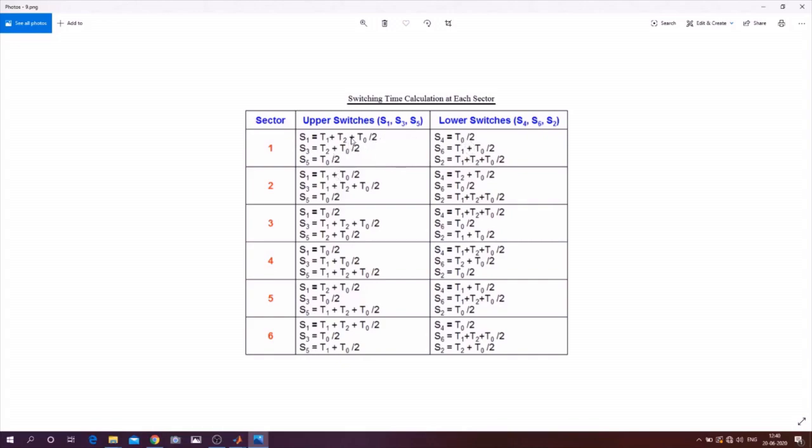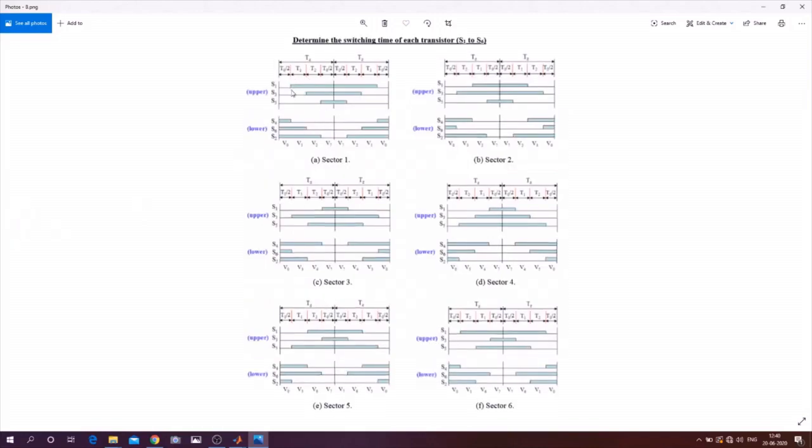I will be making some functions over here that will be used by me later in this simulation. That is T1 plus T2 plus T0 by 2, T2 plus T0 by 2, T0 by 2. So these functions, how we are getting this one, I will be explaining. I have already explained it over here, that you see here this function is what? T1 plus T2, T0 by 2, T0 by 2. So this part of the function, half part of this function, then this one is what? This one is T2 plus T0 by 2, and